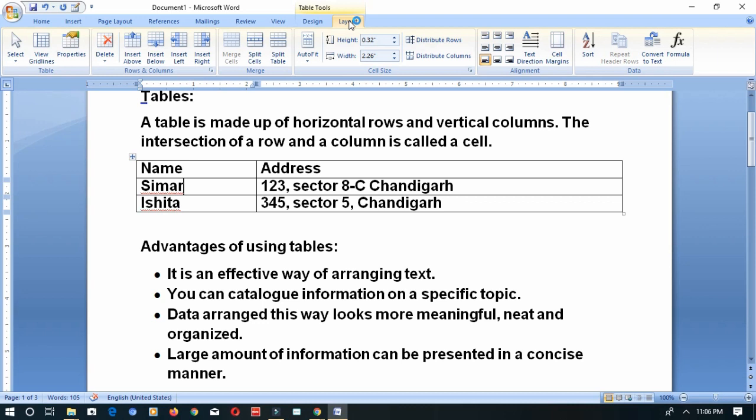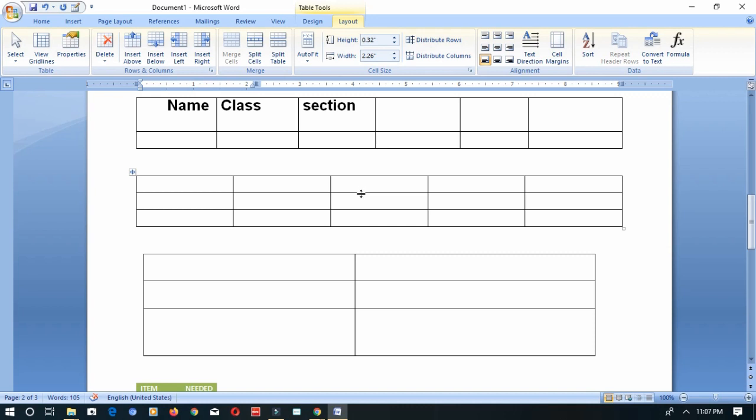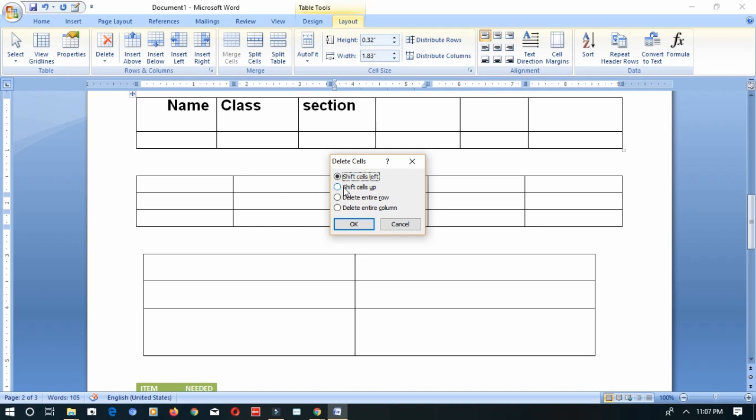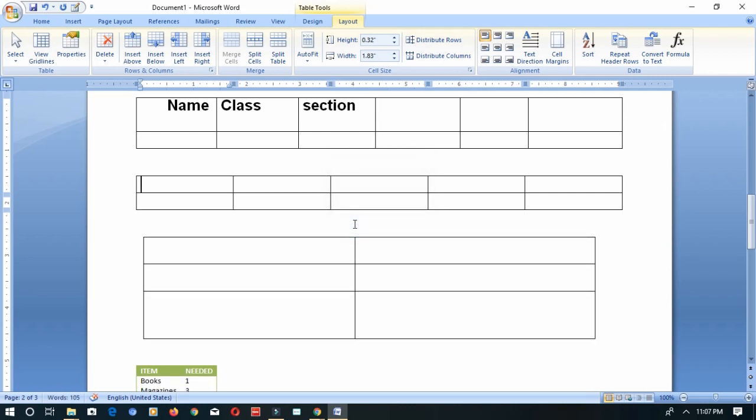How will you delete particular cells, columns, rows? So what should you do? You have to go to the Table Tools Layout tab and then the Rows and Columns group. From here you can delete and insert, all this can be done over here. For example, we will go to the other table which we have created. I want to delete cells. It is asking you: shift cells left, only one particular cell, or entire row or entire column. If I say entire row, it will get selected and deleted, or else only one particular cell will get deleted. All four options can be used.